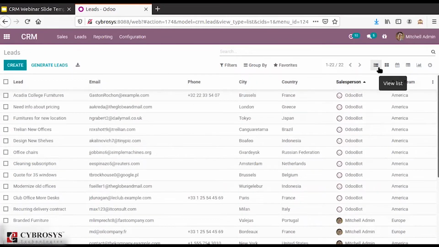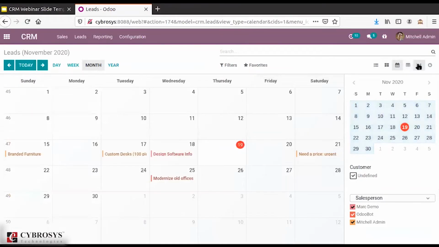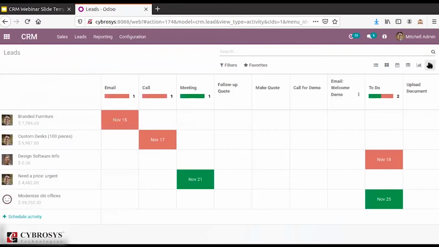Here we also have a different set of views. We have the list view, then the Kanban view, the calendar view, the pivot view, as well as the graph view, and also the option to see the activities. From this you can see all the activities that are assigned to your leads.